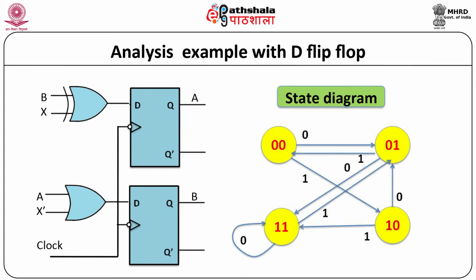State diagrams are an alternative way of showing the same information given by the state table. Let us prepare the state diagram as well. There are 4 states which could be identified as 0 0, 0 1, 1 0 and 1 1. The values of external input x could be either 0 or 1, which decides the state transition or self transition. The circuit is basically some kind of sequence generator controlled by the value of x.